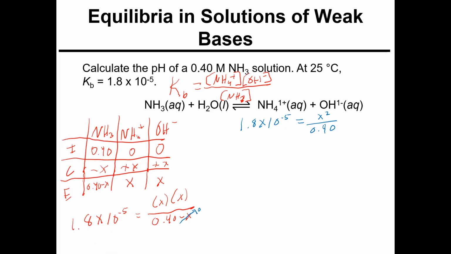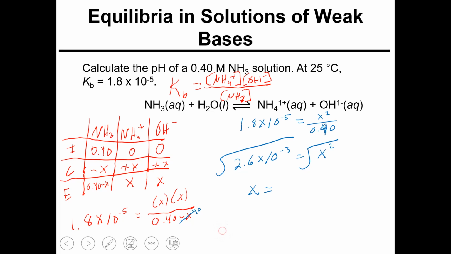And then if we take 1.8 times 10 to the negative fifth times 0.40, that gives us 2.6 times 10 to the negative 3 equals x squared. Then if we take the square root so that we get x by itself, that gives us,